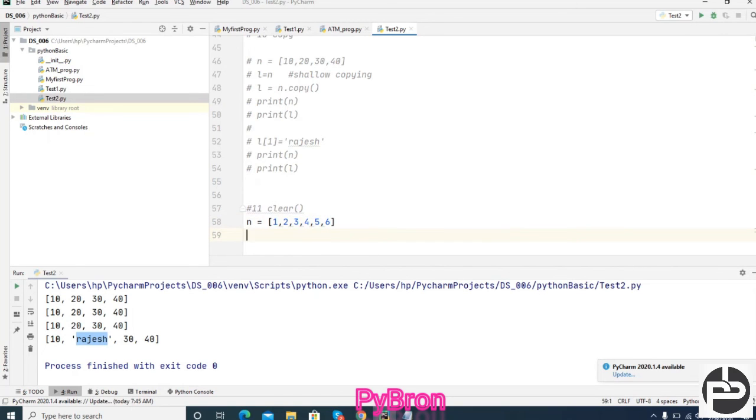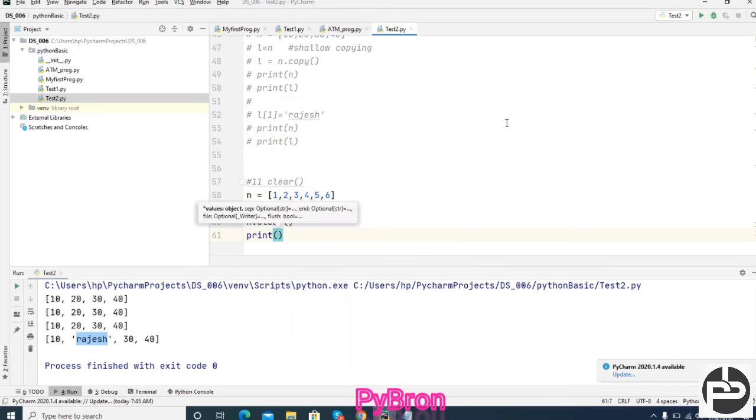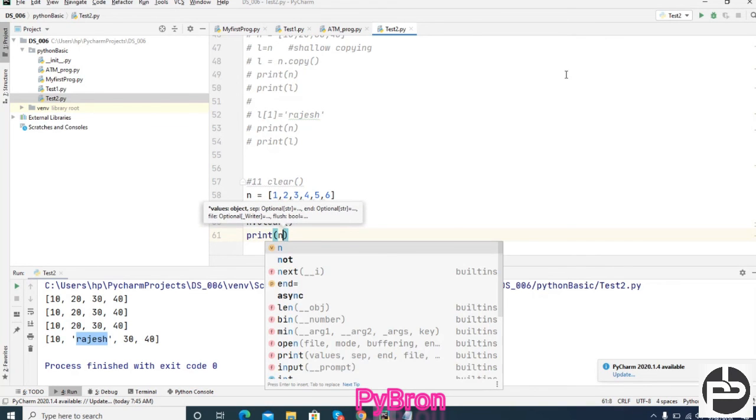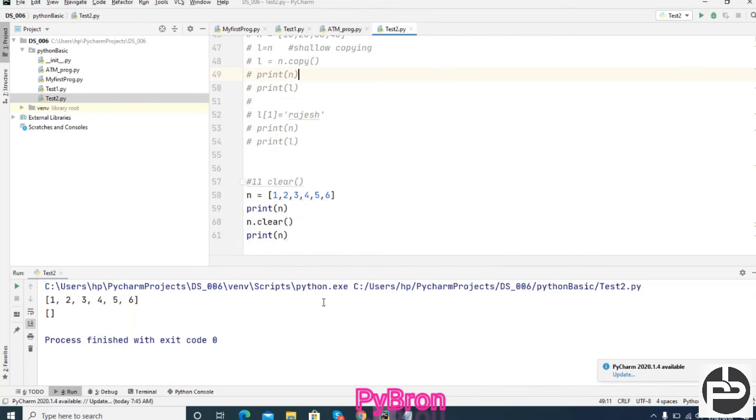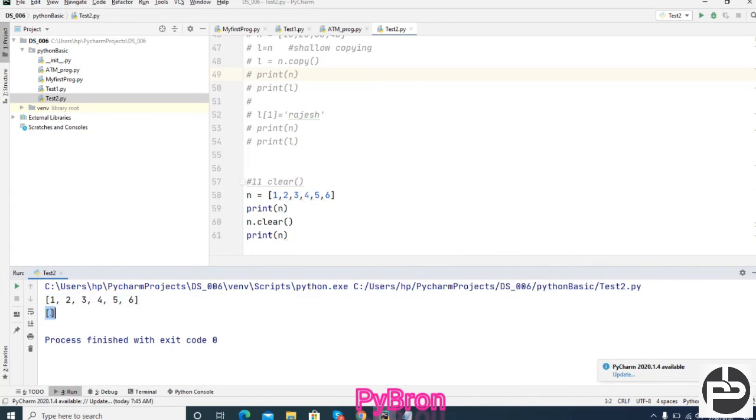Now if you want to call the clear function, N dot clear, suppose print N, and afterwards if you call the clear function and print N, what is the output we are getting? Can you see this? Initially it was this, now it became blank. Clear function. Okay, cool.